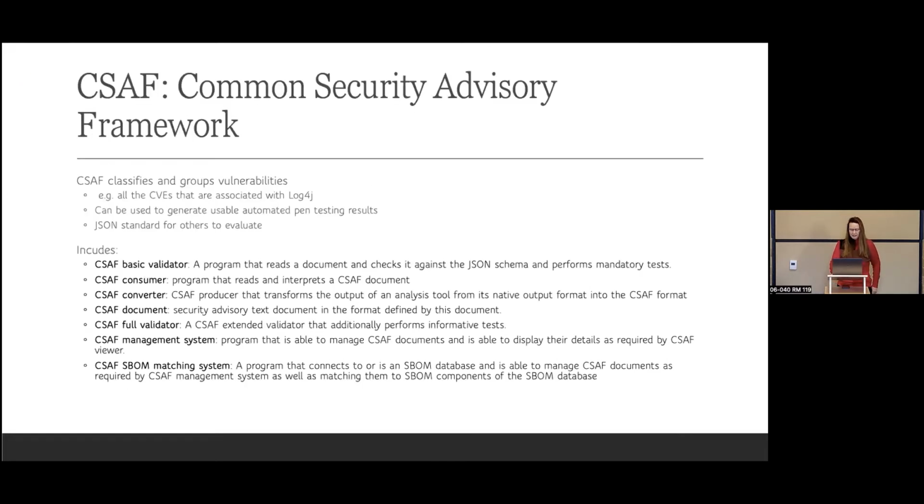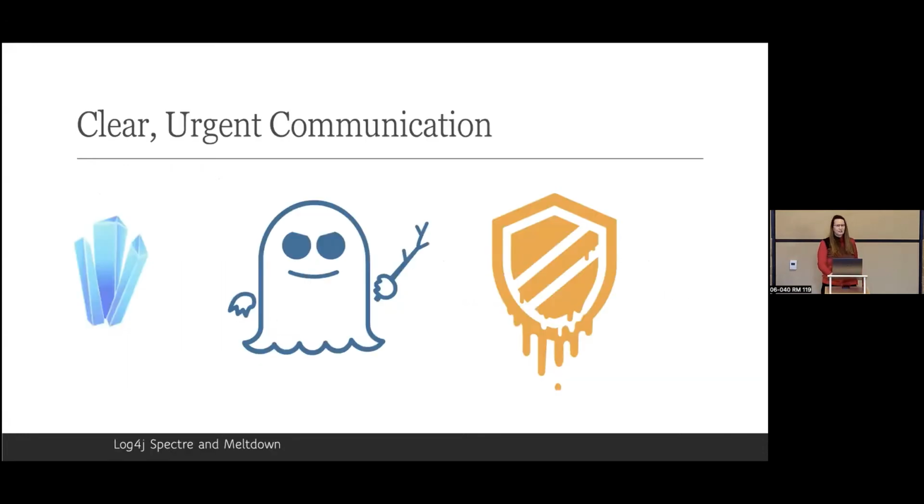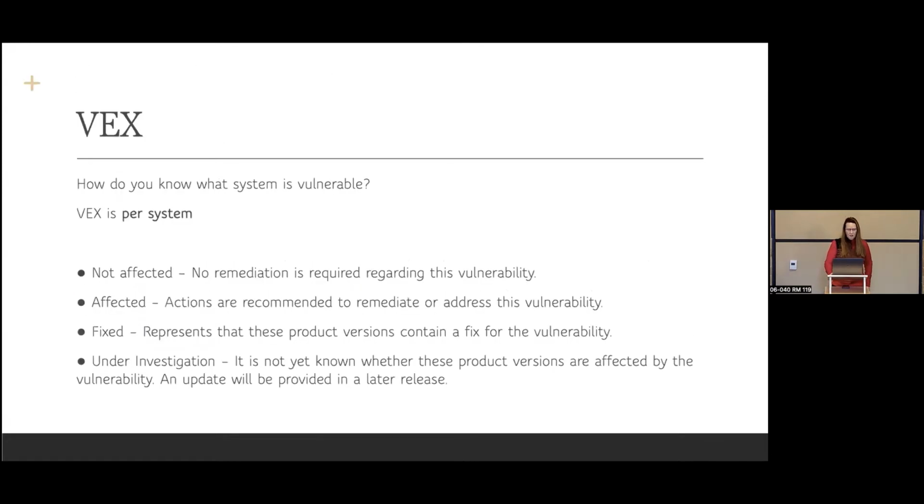So this classifies and groups vulnerabilities. So you have an individual vulnerability that's announced, it gets a rating, it goes into a database. Now we have this framework which classifies and groups them, which I argue is better than Angry Casper. And now we have VEX, which is per system. So instead of saying, oh, Gene just showed that terrible vulnerability from November 1st, I wonder if I'm still affected. I have to look up the CVE. I know it's terrible. What chain of search would you follow? VEX, you can just go to VEX and say,